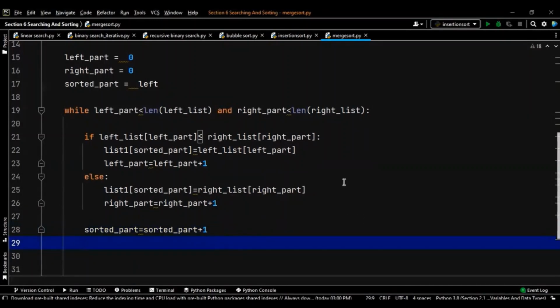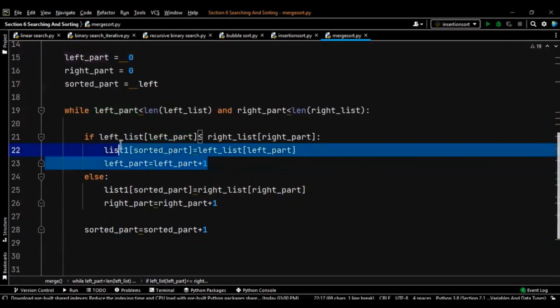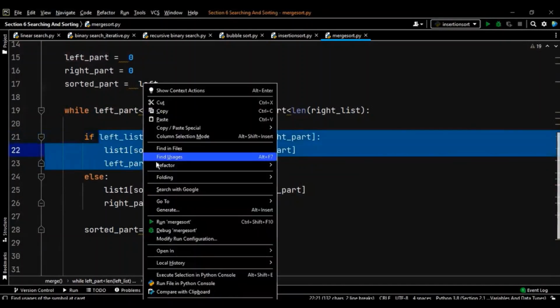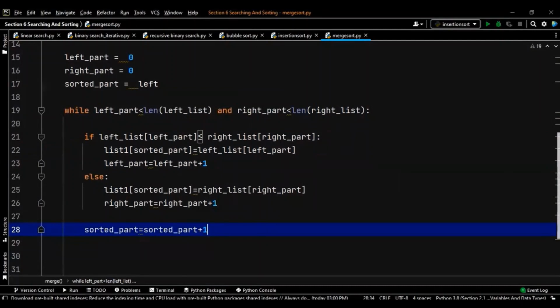Okay, and what we can do simply, I guess we can use this, right? Yeah, list 1 sorted part left. Yeah, cool. We can work it out. Yes, we can actually work this out. Okay, let me copy this because we need the same thing, right? Yes. So while